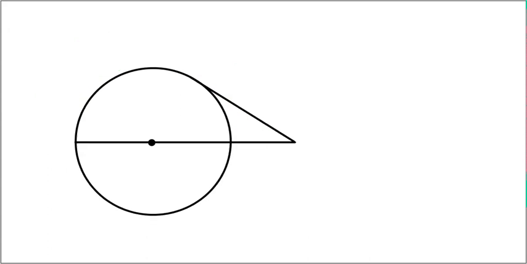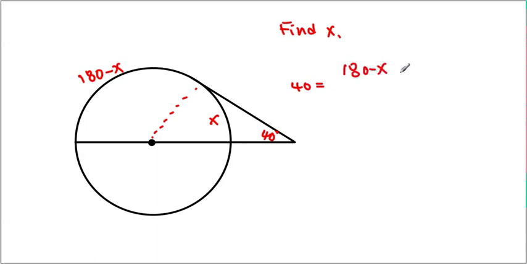Alright, so how about this one? In this case, what if I were to say, I want you to find the measure of x here, while this angle looks like 40 degrees. How would you do it? In fact, we are still using the same strategy. Given that this portion is x, what is the other portion? It would have been equal to 180 minus x. Then, using the same formula, 40 must be equal to (180 minus x minus x)